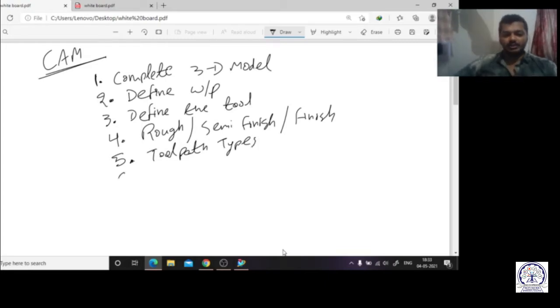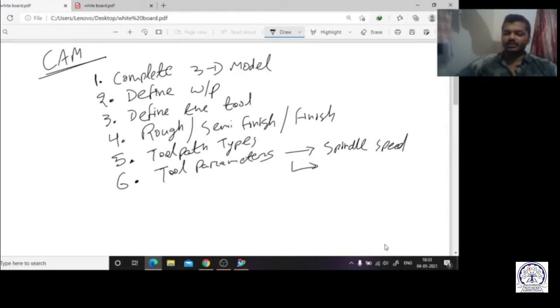Then the next very important step is to define some toolpath parameters. Inside them we can easily select the spindle speed, and we have to select the depth per cut. Everything we can select over here.